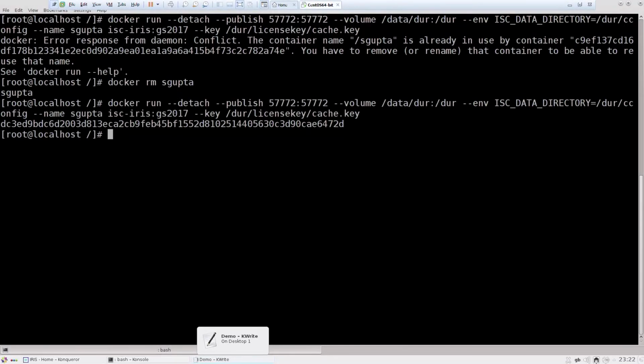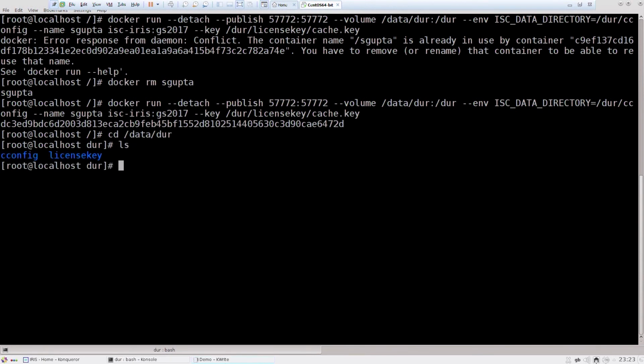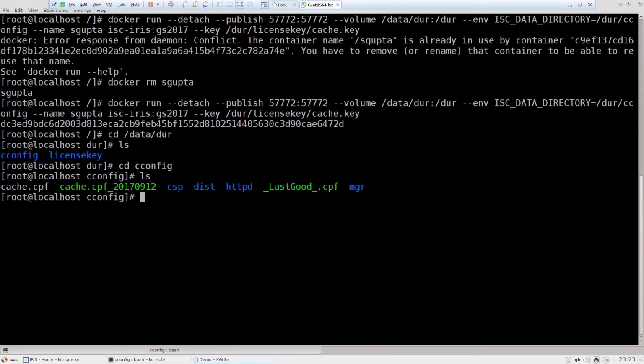But now, if I go into my data durable, you will see there's another folder or directory which is created, which is cconfig. And if you look at this now, all the things that we need as part of Caché configurations are now copied to this external OS volume. And once it is this, my container is no longer holding the Caché configurations. So if I say docker stop sgupta,